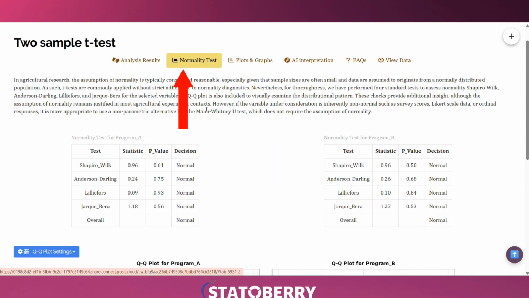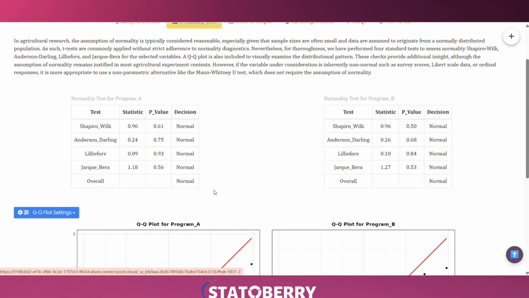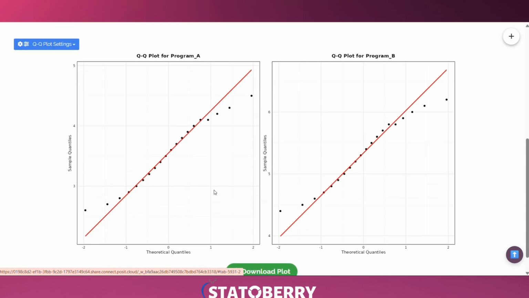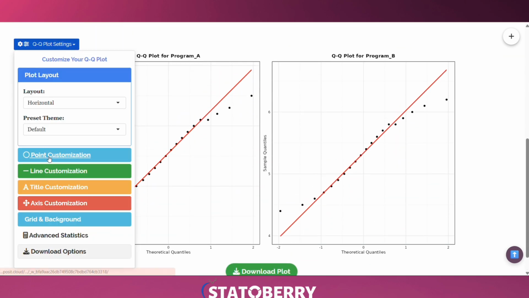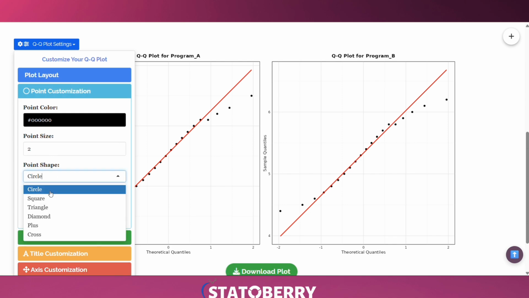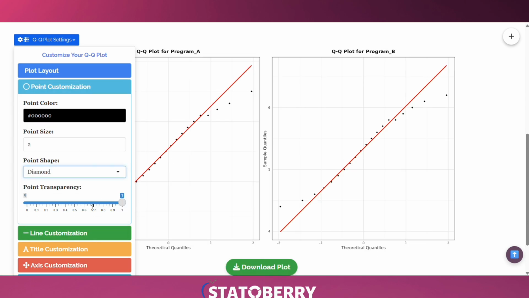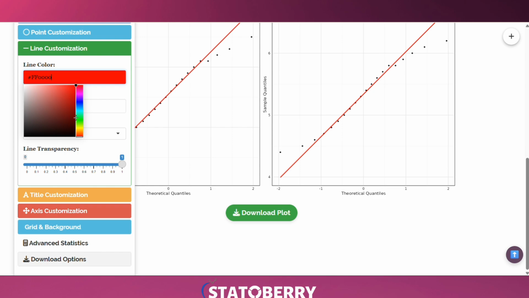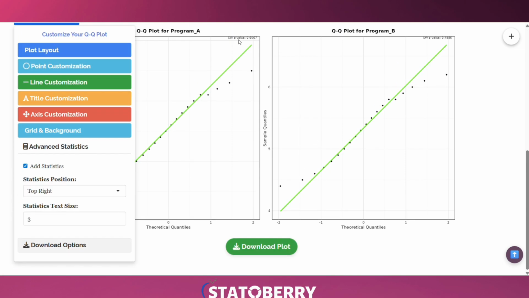The Normality Test tab in RAISINS checks if your data meet the assumption of normality before running tests like t-test or ANOVA. It runs Shapiro-Wilk, Anderson-Darling, Lilliefors, and Jarque-Bera tests and gives an overall decision, along with QQ plots for